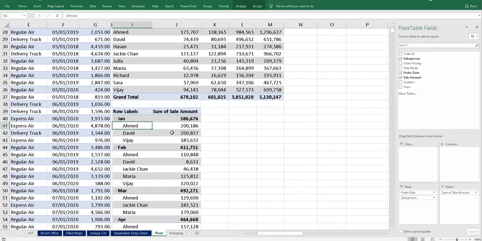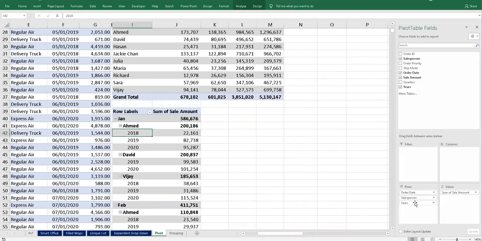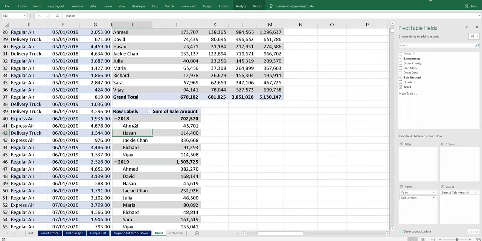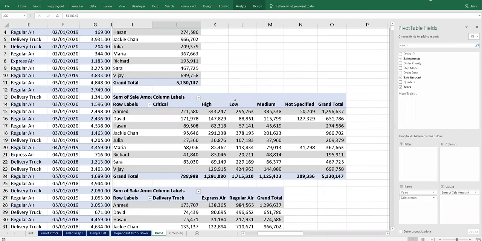In January, as I told you, it is not logical, because the data will cover 2018 to 2020. So we have to add years. Now it is showing this information, but for me the quarter should be there. I think years should be here, and salesperson should come down. See 2018, how many persons there are, what is the performance of our sales team. It is coming over here, and all the information is matching with this one.